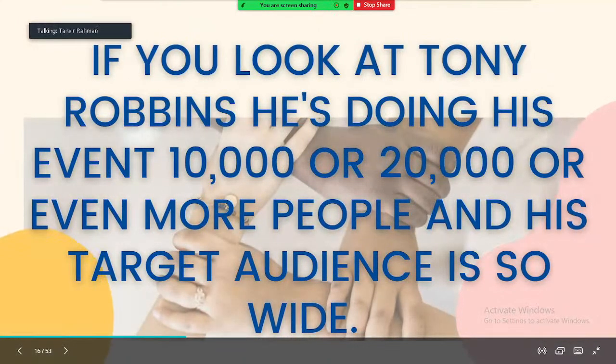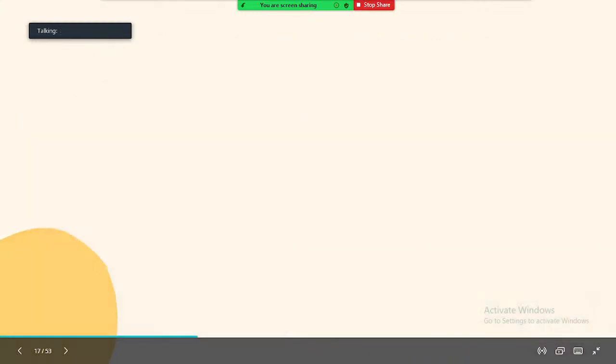Like if you look at Tony Robbins and what he's doing, it's 10,000 people, 20,000 people, or even more. A few months back he was doing an event with almost 60,000, or I don't know, the virtual event. So his target audience is really wide. He is doing crazy things with his ideal client, and that's really amazing. But